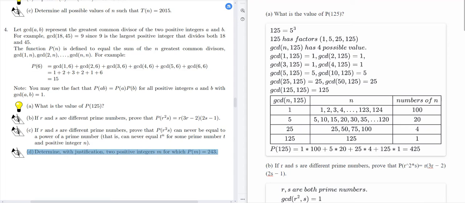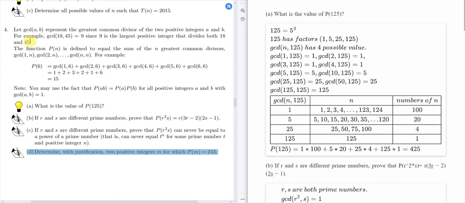Today's video is question number 4, 2015. Let's read the question first. Let GCD(a,b) represent the greatest common divisor of the two positive integers a and b. For example, GCD(18, 45) equals 9, since 9 is the greatest positive integer that divides both 18